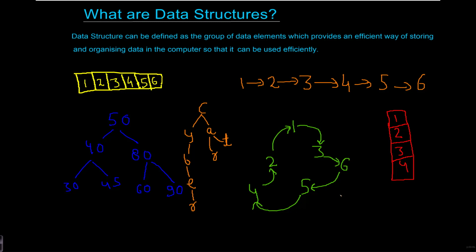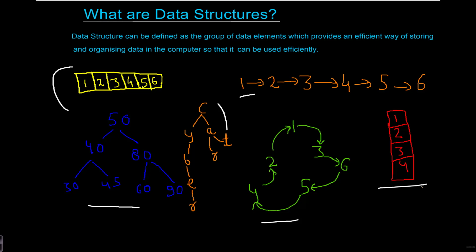As there are many different varieties of data, we have many different varieties of data structures. So here you can see that we have array, this is our linked list, this is our tree, this is our trie, this is our graph, this is our stack, and there are many more data structures, and we are going to have a look at all of them one by one. But why do we need different types of data structures?